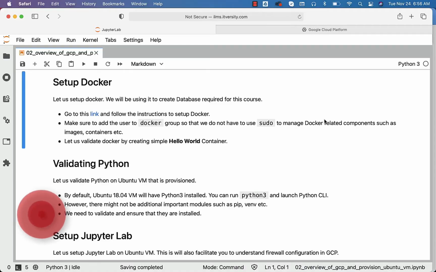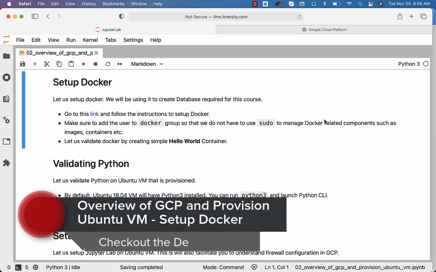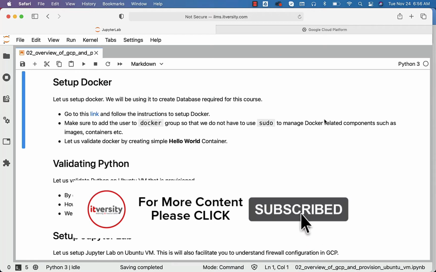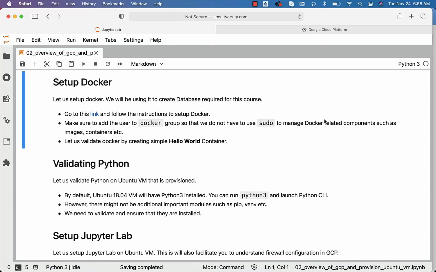Once you have a virtual machine on GCP or AWS or Azure, or even if you have a bare metal server at your home, once the operating system is installed on top of it, especially Ubuntu 18.04, you should be able to set up Docker. There are several advantages of setting up Docker. You should be able to create the databases that are required for practice and many other things, and hence setting up Docker is very important and can improve your productivity quite a lot.